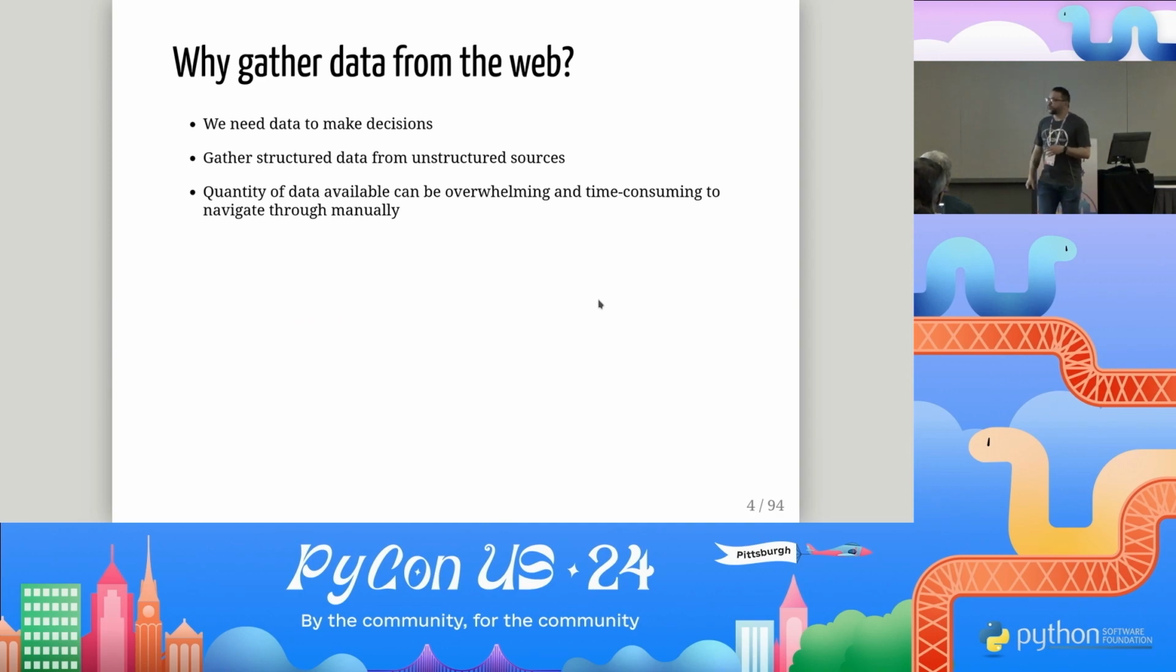Okay. So why do we want to gather data automatically from the web? First, we need data to make business decisions. So we need to know what our competitors are doing. We want to know if our competitors are doing something, or how my brand is doing, or how the